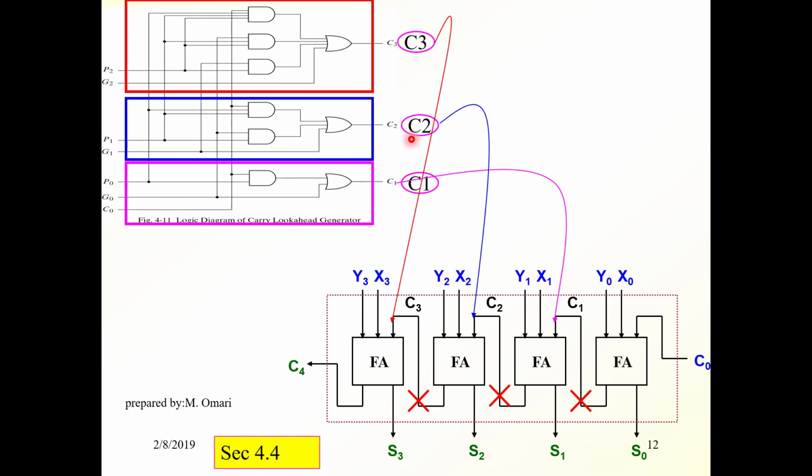It generates C1, C2, C3, and we connect them in this fashion to the ripple carry parallel adder. This will result in a circuit called look-ahead carry 4-bit adder, because it adds 4 bits together.